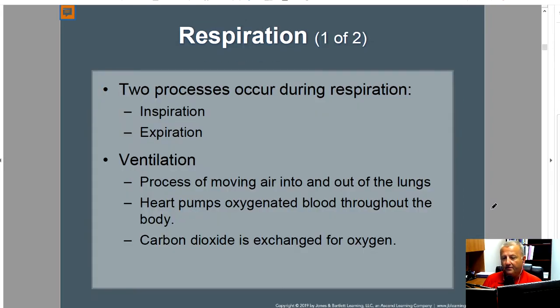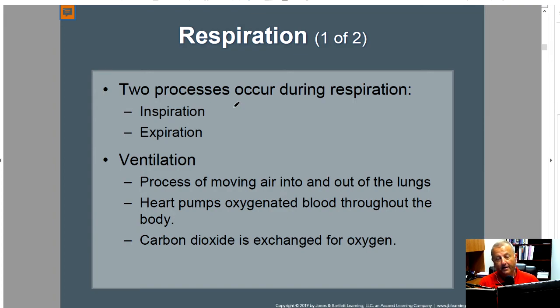All right, so there's two processes that we're going to talk about today. One is inspiration, one is expiration. I want to cover something though, so that everybody understands when we talk about definitions. One is ventilation. Ventilation is a mechanical process of moving air into and out of the lungs. It's mechanical. We're going to talk about the neuro response to respiration, how the respiratory center of the brain communicates to take a breath and then to